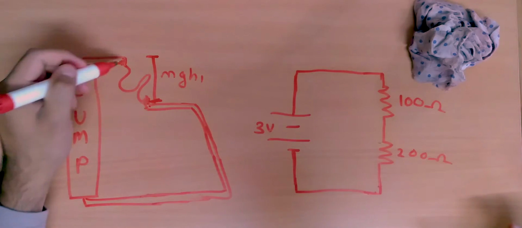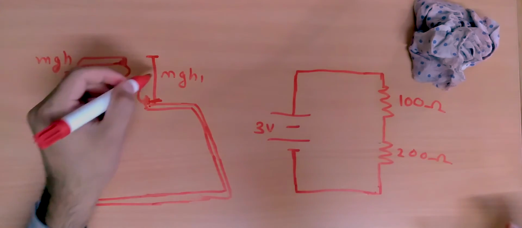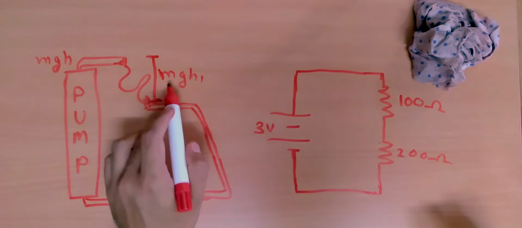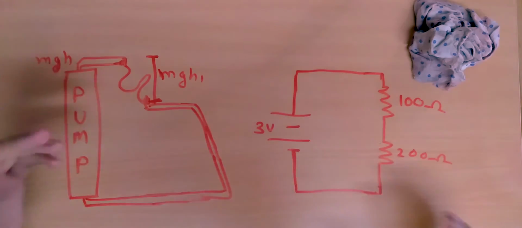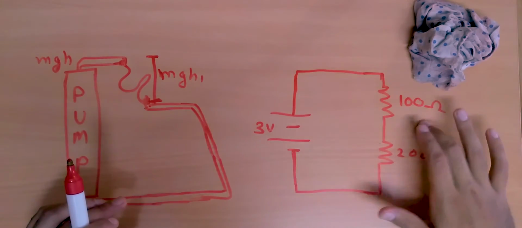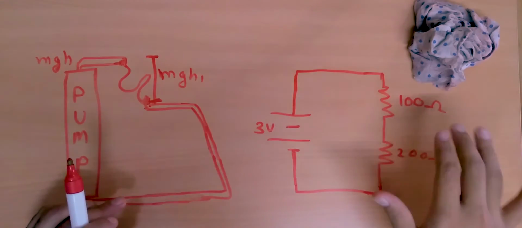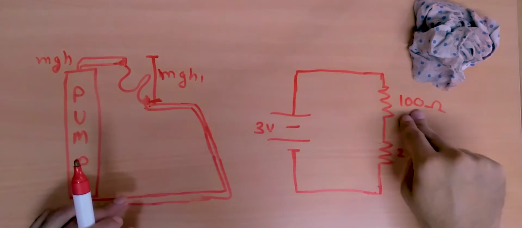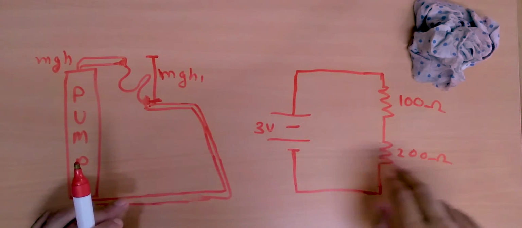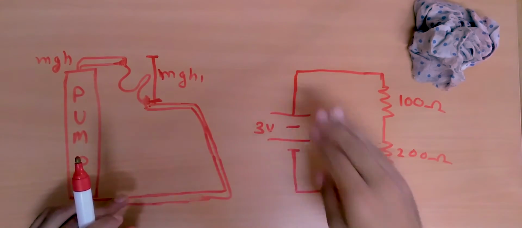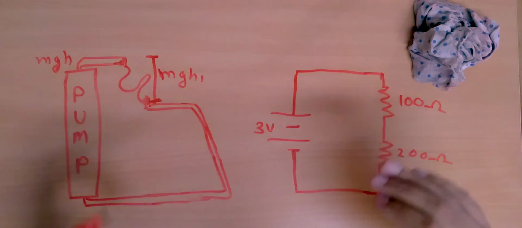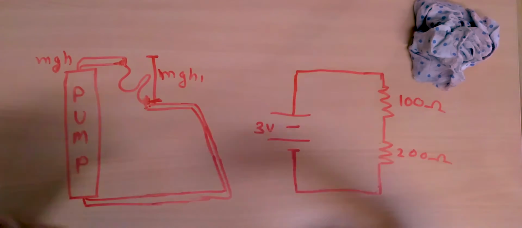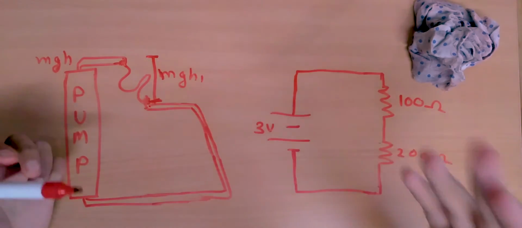So if water goes from here to here, it'll face a potential drop of mg times this height, and so that is similar to this case where the resistance does not matter. The resistance will obviously lower the current. So if I have a larger resistance like 100 ohm and 200 ohm, the current will be very low, because these two resistors are not allowing the flow of electrons so easily. But even after that,